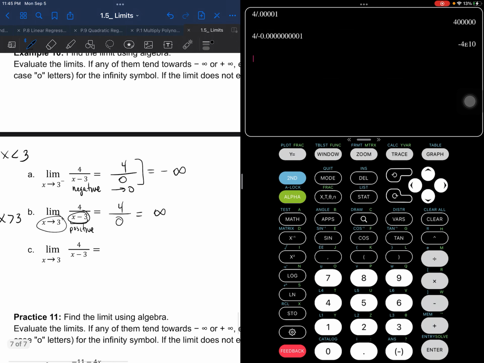Now, because these two are different signs, that means that this does not exist. So in conclusion, right,